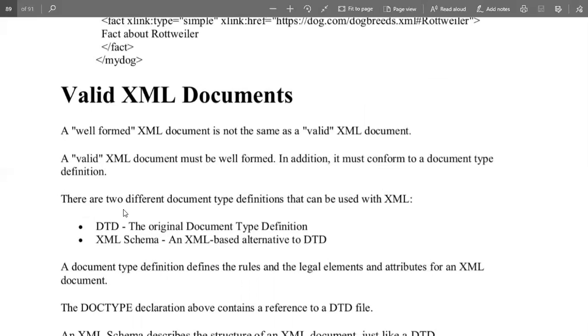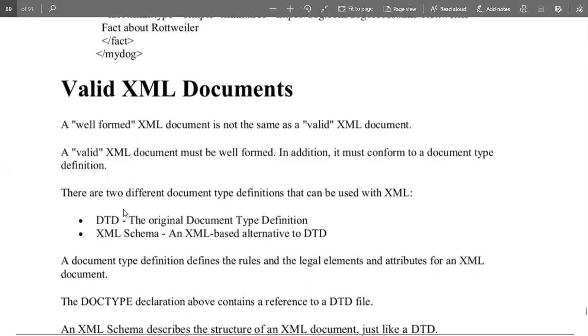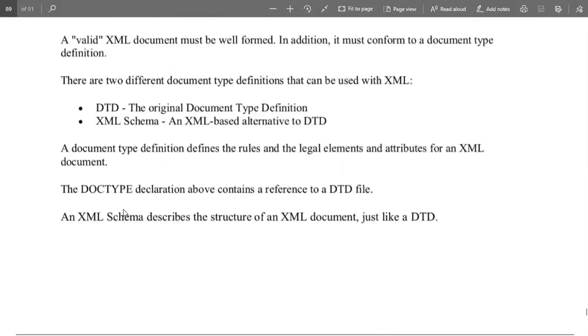A valid XML document must be well-formed. It must conform to a DTD, the document type definition. If the definition is appropriate and the schema is appropriate, and both features are there, then that is called a valid one. But well-formed is focused only on the structure, not on the description.